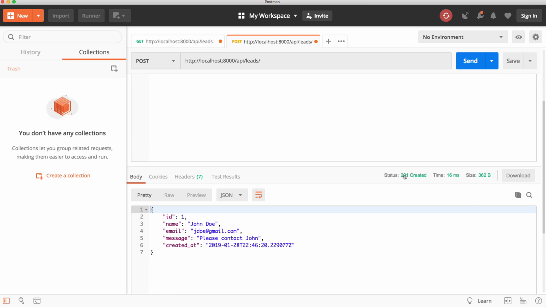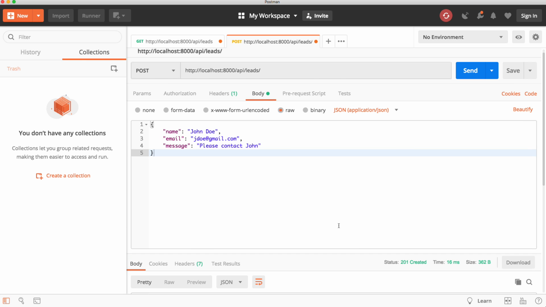So what we get back is a status of 201, which means everything's okay and something got created, and it gives us what was created. It gives us the ID, the name, email, message, and created at. All right, so if you don't want the ending slash, you can add a config value in the settings, but it's fine. I'm just going to leave it. Now, let's create one more. We'll say Sam Smith